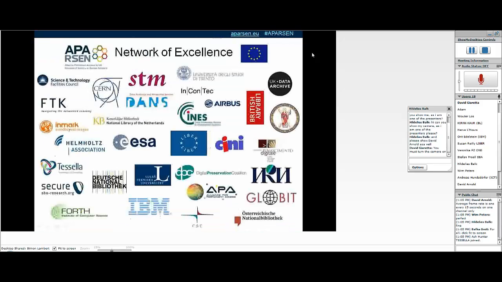Of course, a critical mass means a lot of partners are required, particularly in such a diverse field as digital preservation. We have 31 altogether. Here are the collection of logos. You can see that there are many different kinds of organisation represented: universities, commercial and industrial companies, research centres, national libraries, bodies which are themselves a consortia of other organisations such as the DPC, the Digital Preservation Coalition,